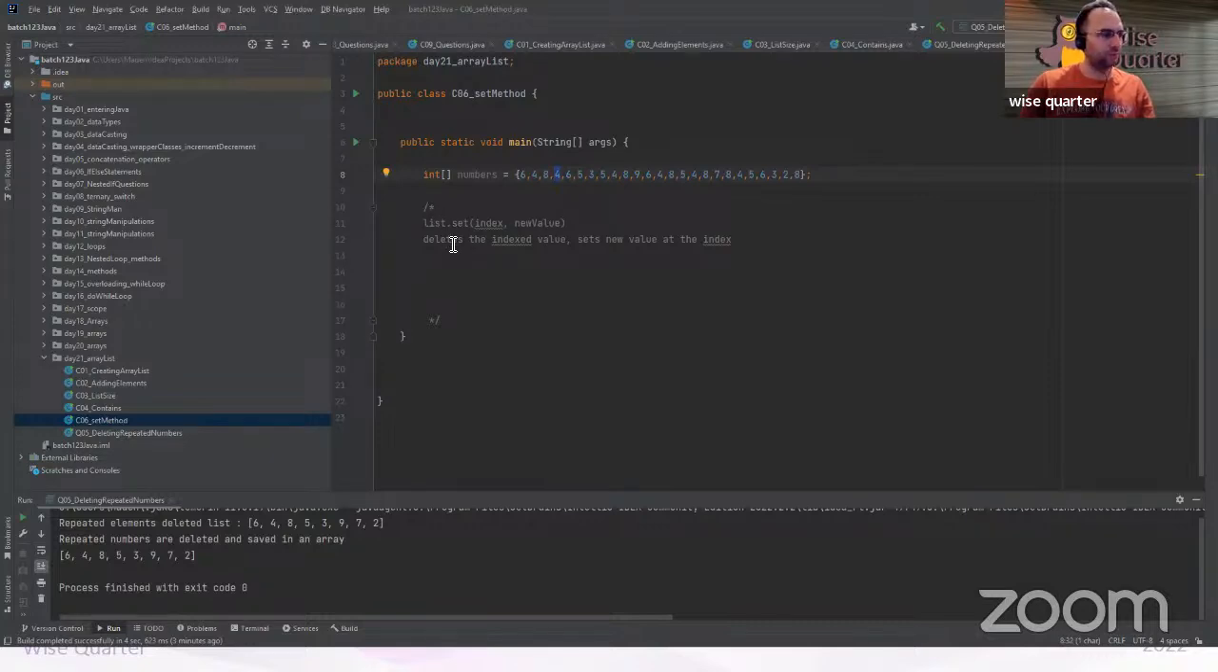One more thing. If you try to print it, this method returns old value. Yes, it returns old value. It will change 4 with 9. 4 will be 9, but it will also return you 4, the old value. I hope we got the idea. Let's start